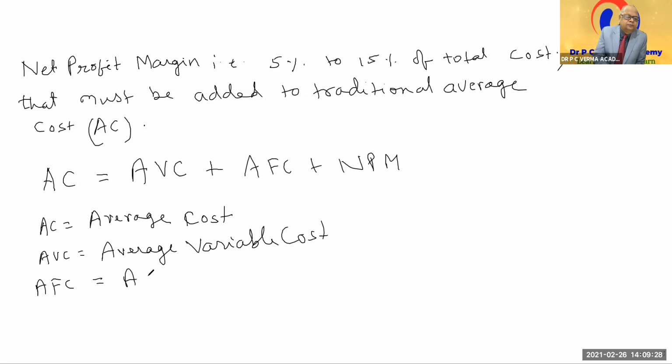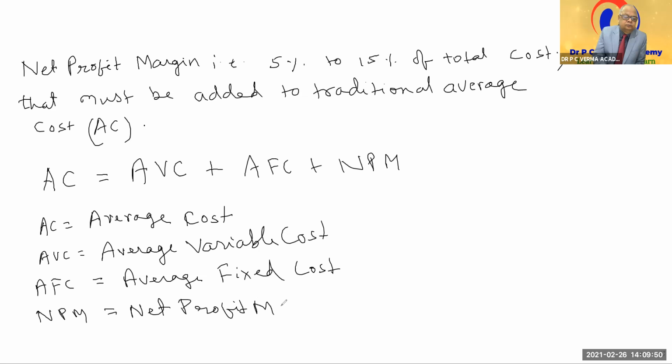AFC is average fixed cost. NPM is equal to net profit margin. GPM is equal to average fixed cost plus net profit margin. So